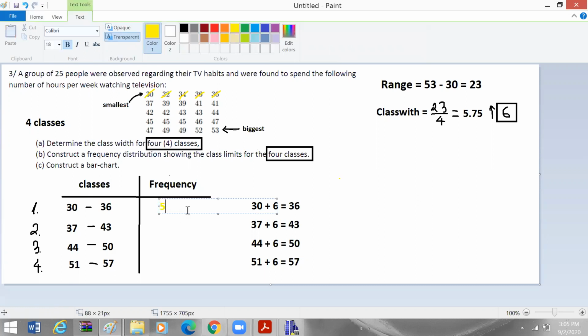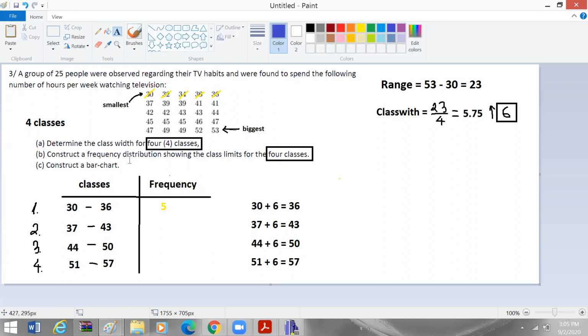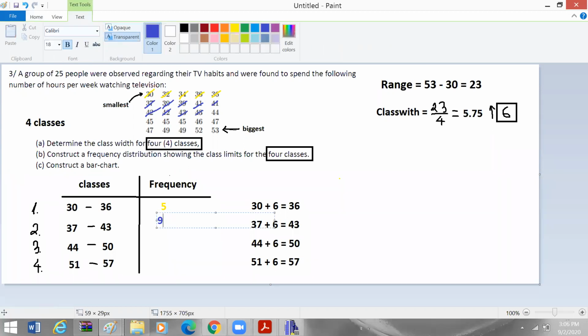Hopefully that is not going to hurt your eyes a little bit. If that color hurts your eyes, I'm going to change it to the next one. So how many data sets watch TV between 37 and 43 hours? Any data set that is bigger than 37 and less than 43 will be counted. So 1, 2, 3, 4, 5, 6, 7, 8, 9. Okay, so there were 9 of them, and making sure that we got it right, there are 9 of them.